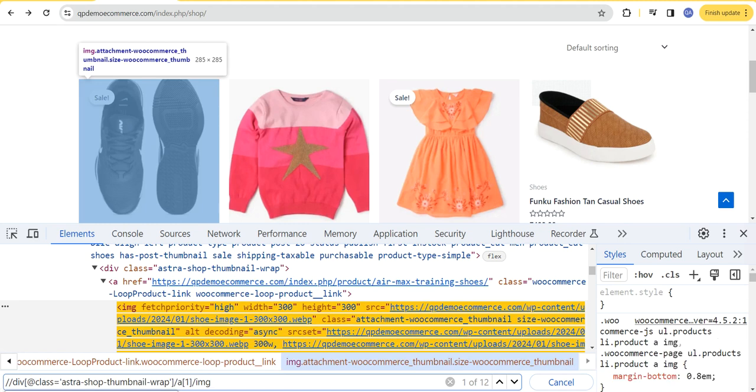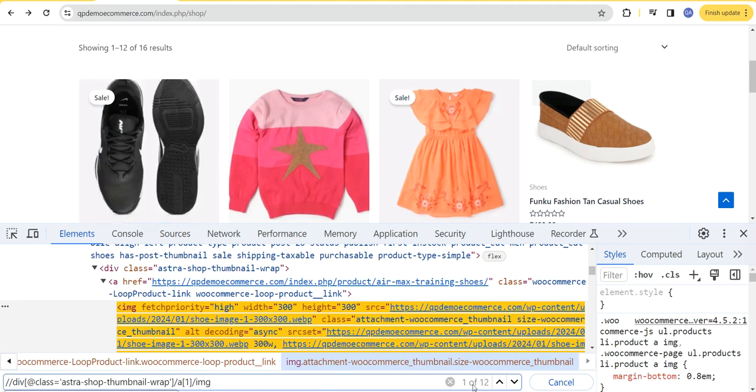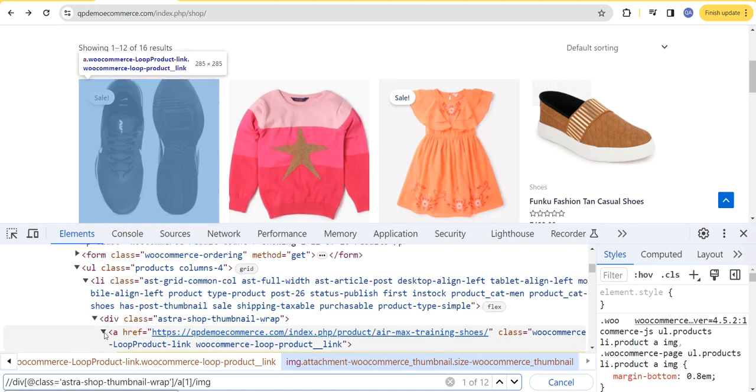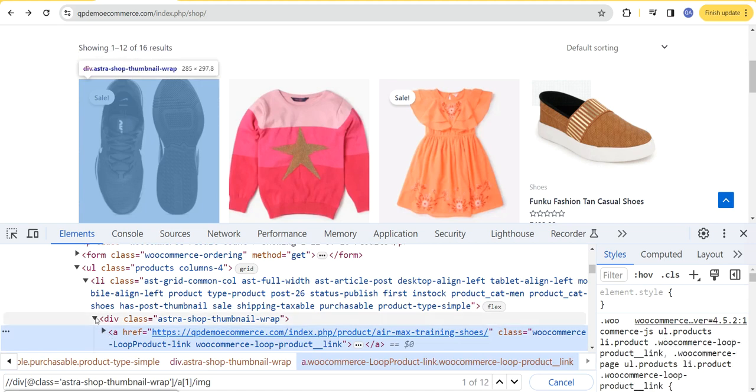So this is also what it is doing. It is also pointing to 12 elements. It is not pointing to a unique element. So even this is not going to work. So we will do one thing. We will go to